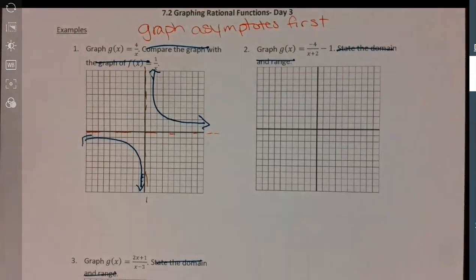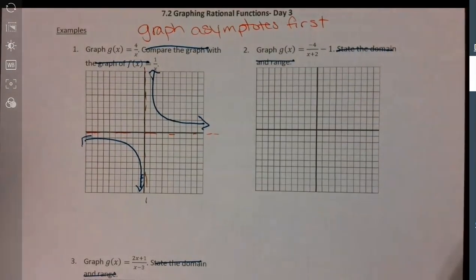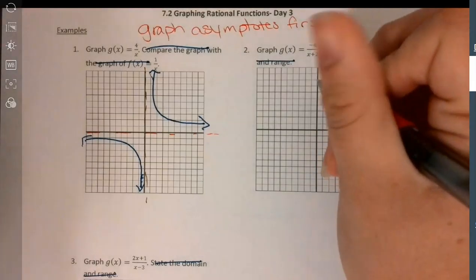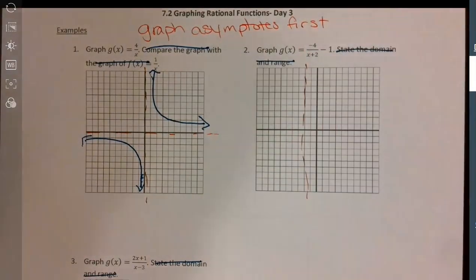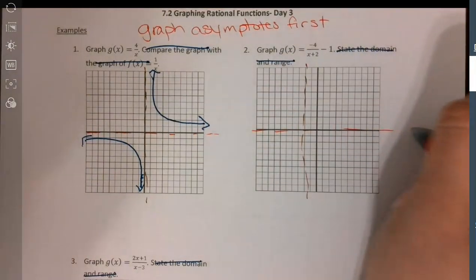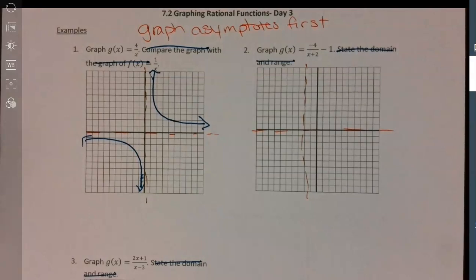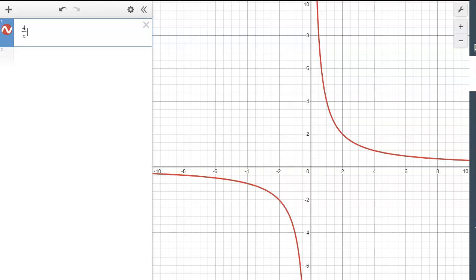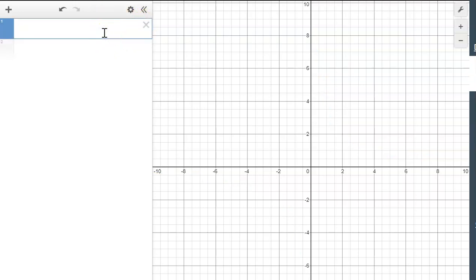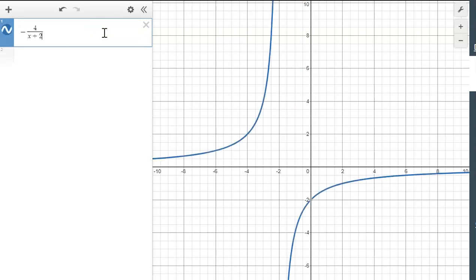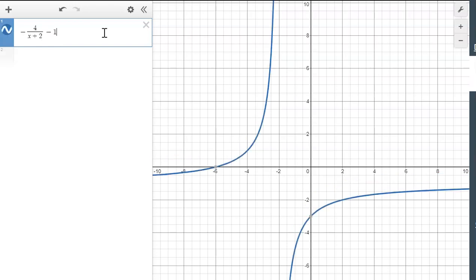So same thing for number 2. I'm going to start by drawing my asymptotes. I had an x asymptote at -2, and I had a y asymptote at 0. And I want to graph this on Desmos. So notice it doesn't cross x equals -2,